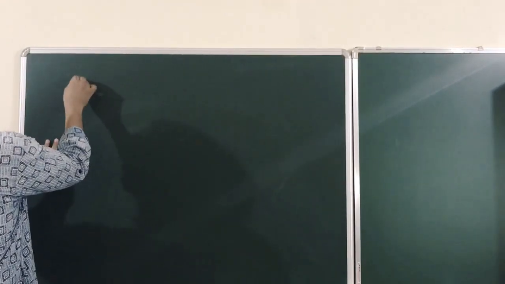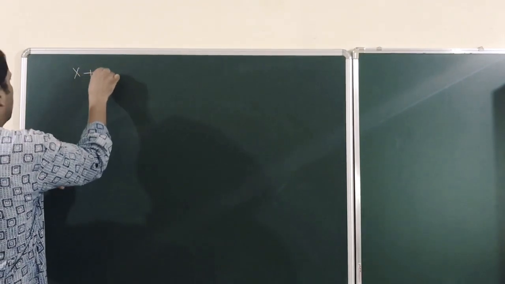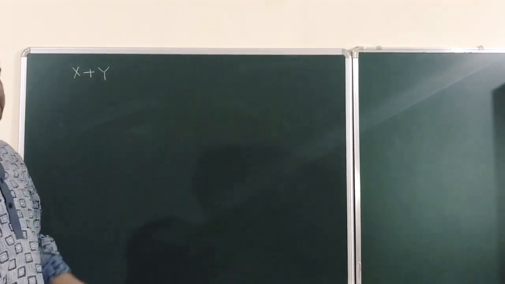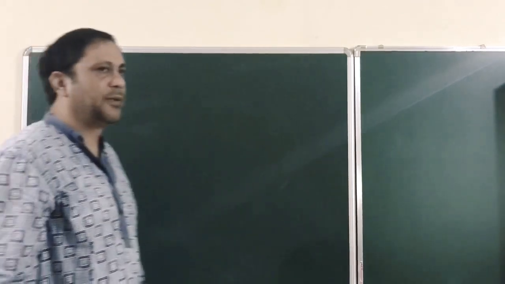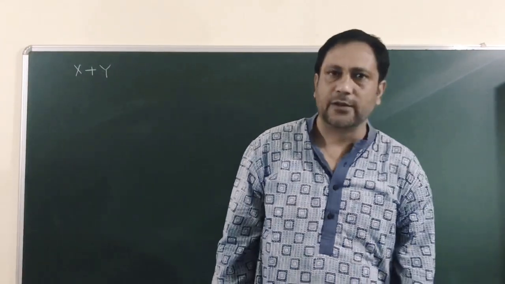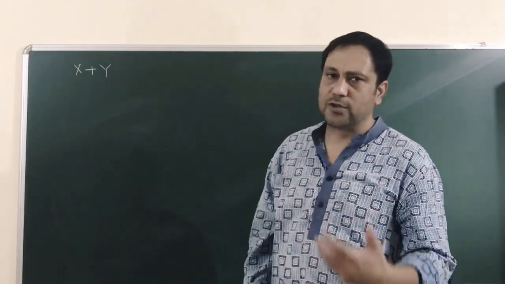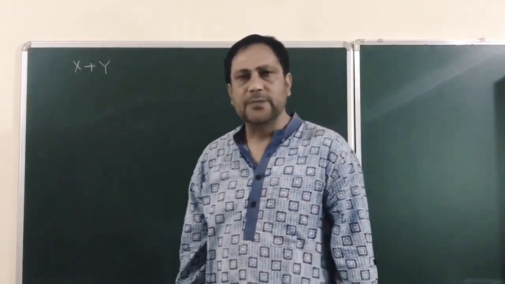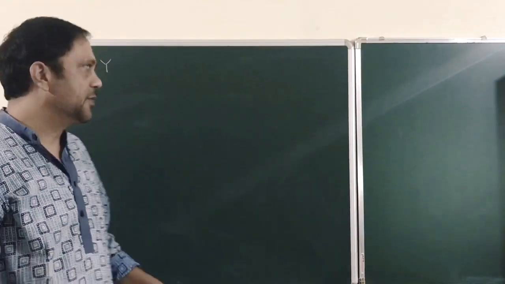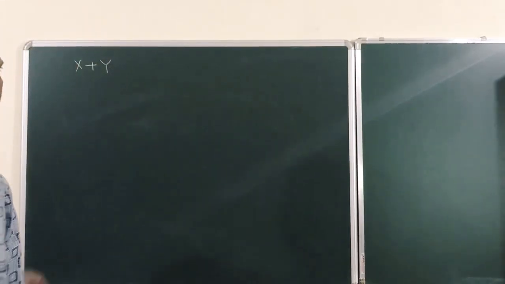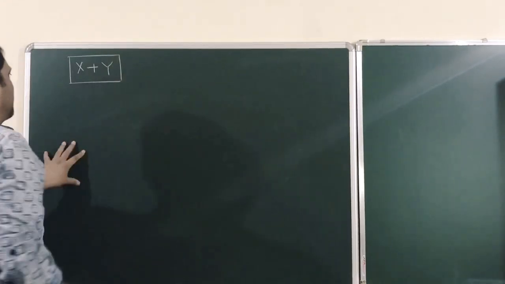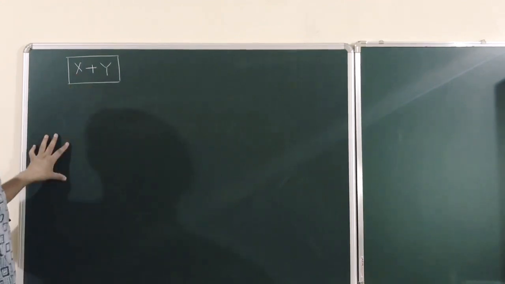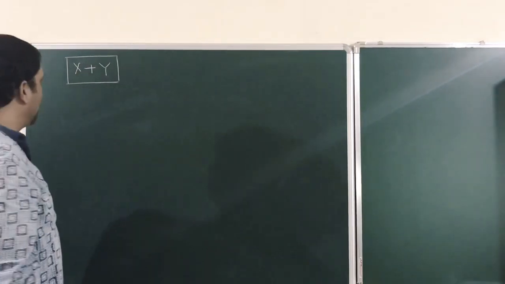Let's say we have two numbers, x and y. If the sum of the two numbers x and y is divisible by some number, let's say 7. So if I say that x plus y is divisible by 7, and at that time I tell you that the number x is also divisible by 7, then we can confirm the divisibility of y by 7. So if x plus y in total is divisible by 7, and I also tell you that x is divisible by 7, then y has to be a multiple of 7.